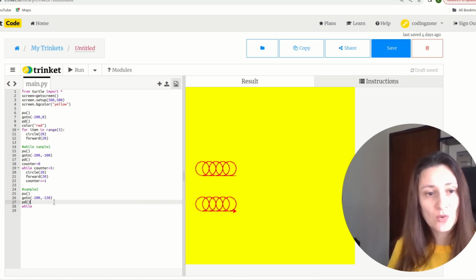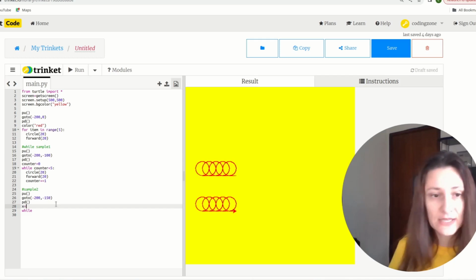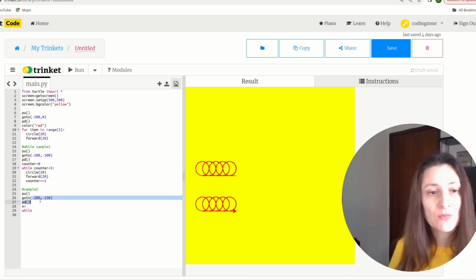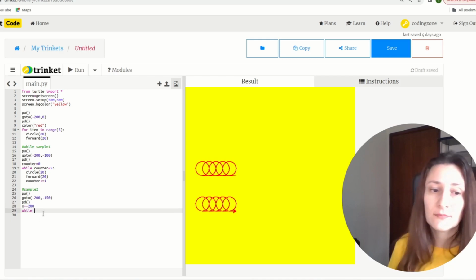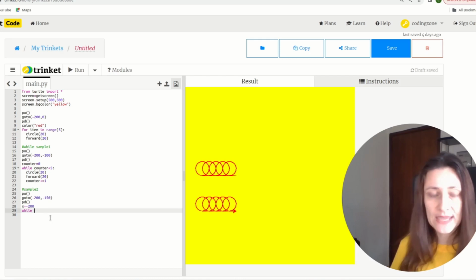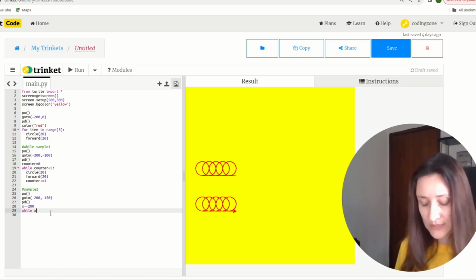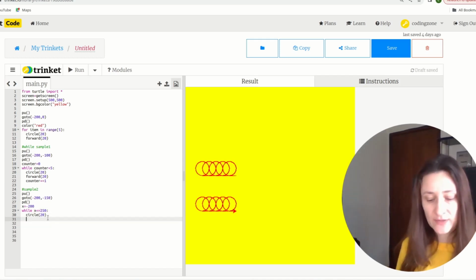So we need to know our initial x coordinate. Our initial x coordinate, we set it to minus 200. And inside a while loop, we will increase our x coordinate, but now we have to set the condition: while x coordinate less or equals to 250. So we draw a circle, we go forward